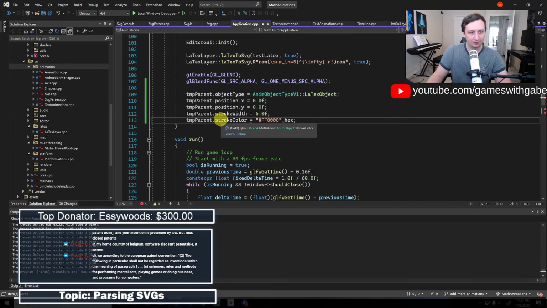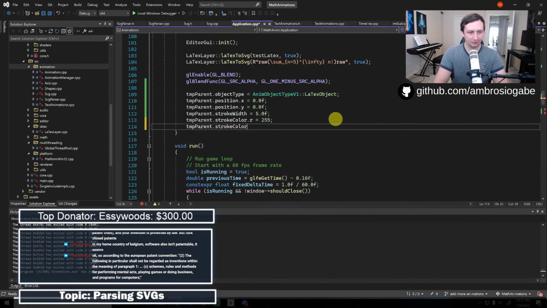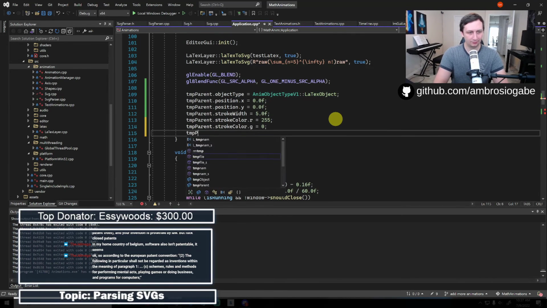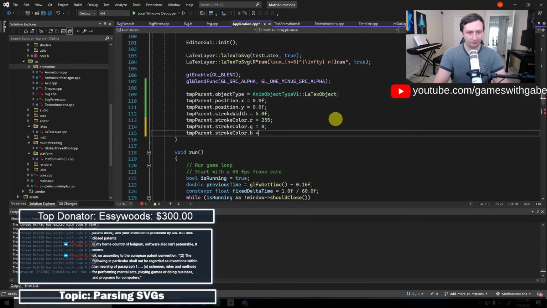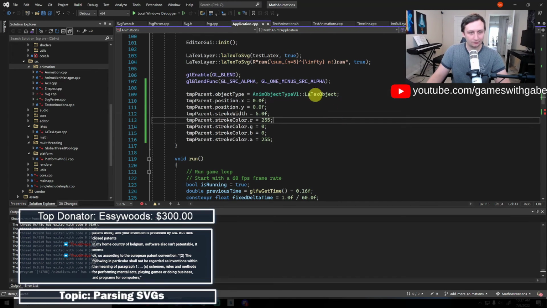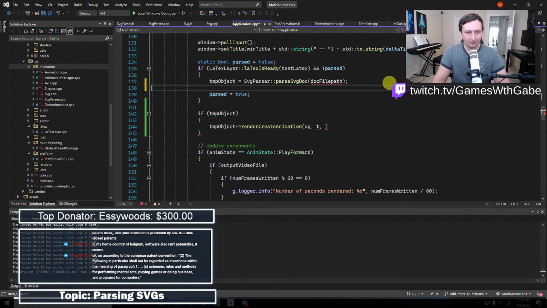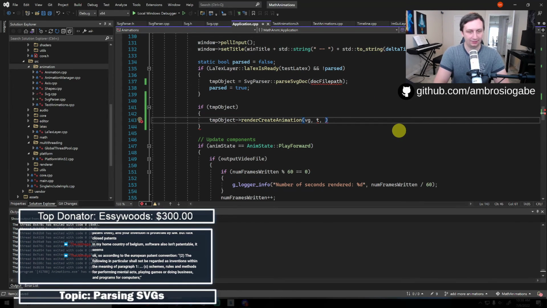and then use. Okay, U8 vec4 doesn't like this. We'll just leave the color as white then. Well, actually I could just say .r, .g, B and A. Okay. So yeah, we basically set up this dummy object. And then right here, we'll pass in the dummy object temp parent. And we should be good.